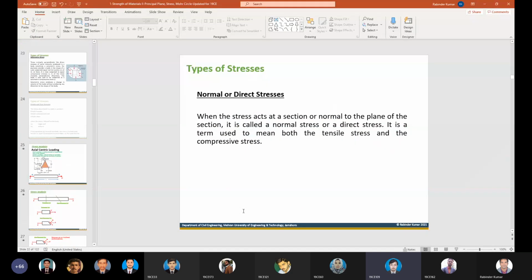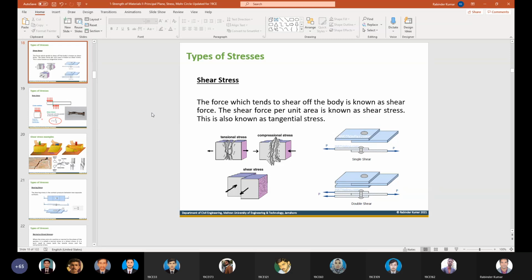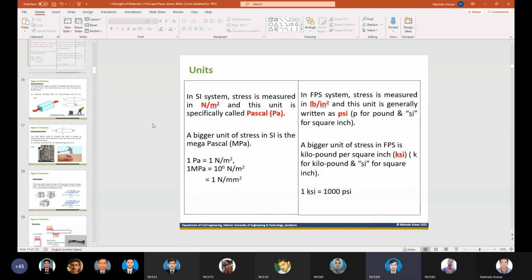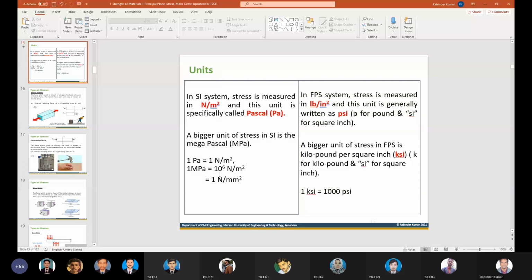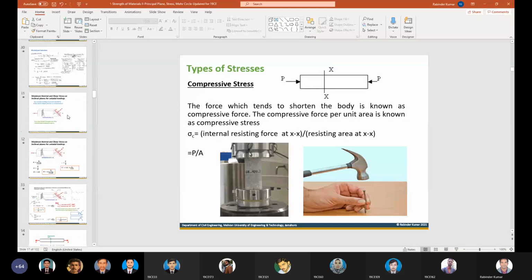Sir, I've also posted this slide on our Teams. Why don't you look at these slides? And you have been doing these kinds of problems from strength of materials one. So yesterday I gave you these numbers and told you please memorize these things. These things are very important. Okay, no worries. Just memorize these things. Okay, these things will be very helpful for solving the problems, otherwise there will be confusion.